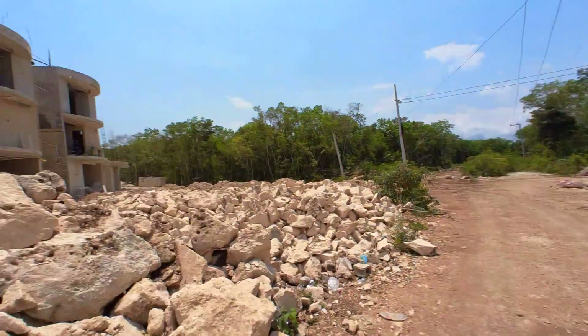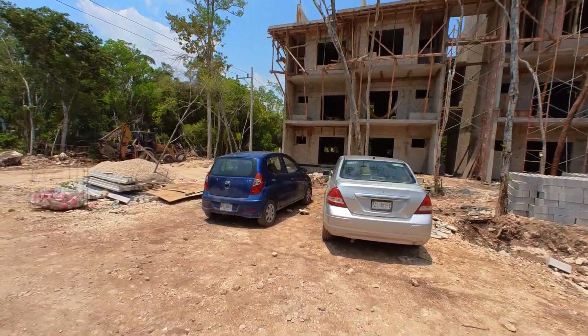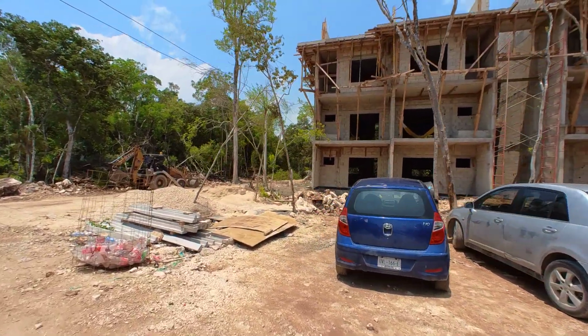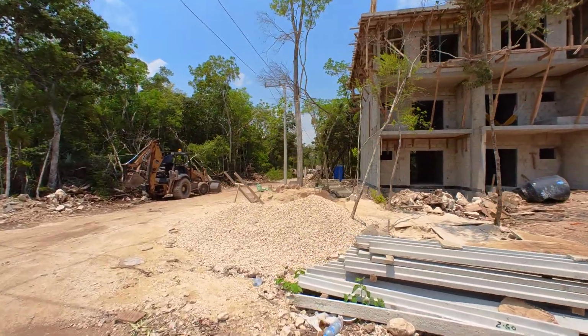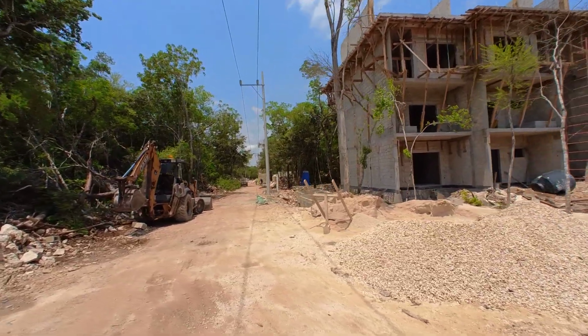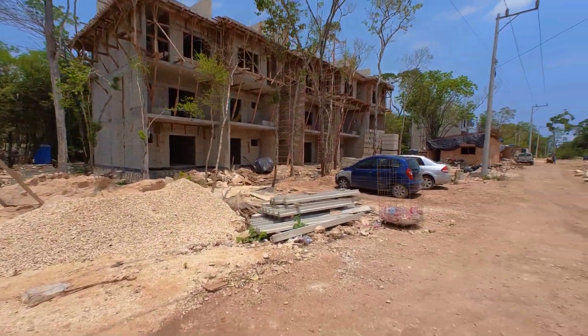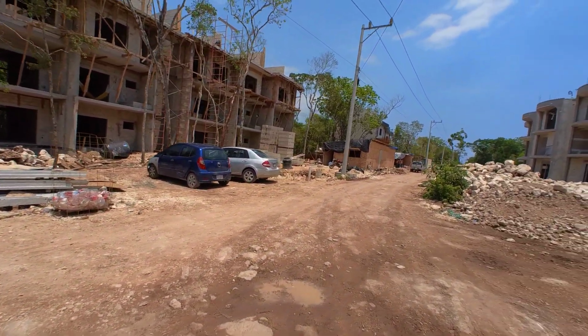Let me walk a little bit towards the corner so I can show you something else, because if you turn in that direction, you will find Areia phases 1, 2, 6. Areia phase 1 is already delivered, and Areia phase 2 is going to be delivered in a couple of months, and the other phases are about every 6 months apart from each other, each delivery. So as you can see, look at the revolution that the Areia universe is creating in the region,